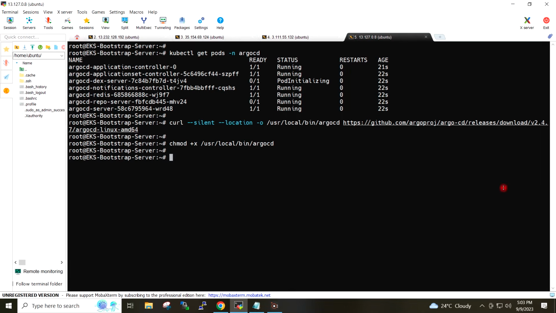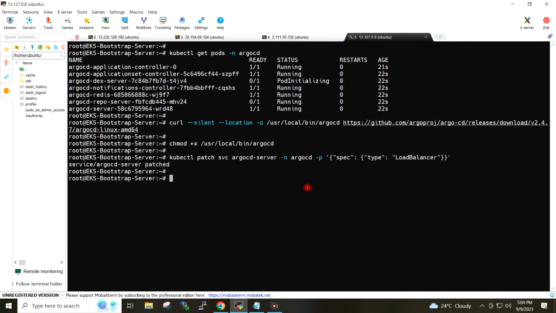Now we need to expose the Argo CD server to the external world by creating the load balancer. So we will do the same with this command. So it is creating the load balancer in the background, which may take 3 to 5 minutes.